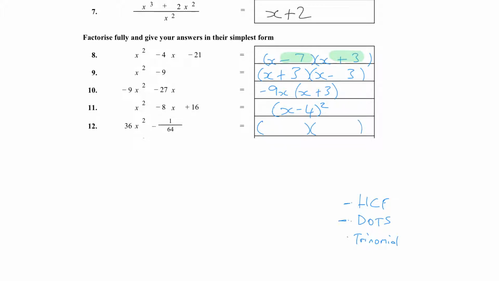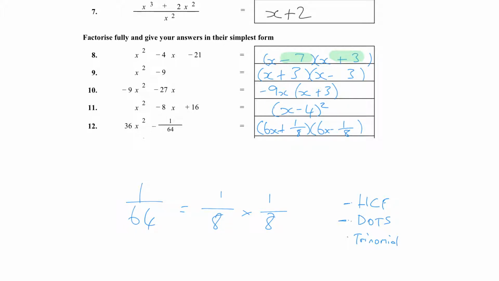Bracket, bracket. And our first term, when multiplied together, is going to give us 36x squared. So what times what gives you 36? 6. What times what gives you x squared? X. Okay, for our second term, let's look at our fraction, 1 over 64. Well, the numerator times the numerator is going to give you 1. Well, 1 times 1 gives you 1, so 1. What times what gives you 64? With a bit of luck, we know that 8 times 8 gives us 64, and then we just go plus